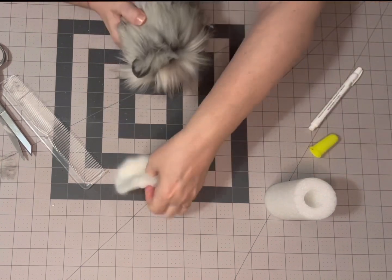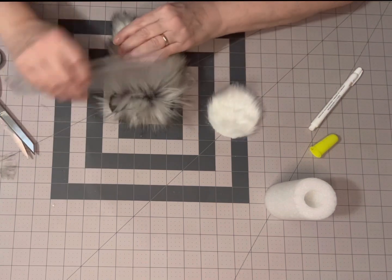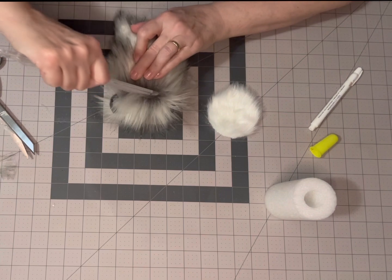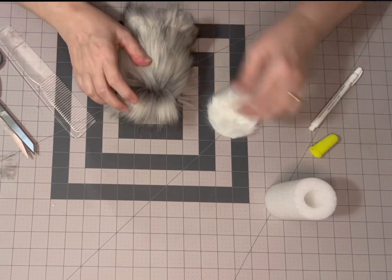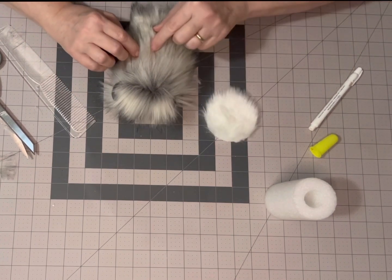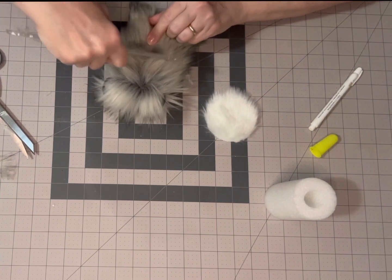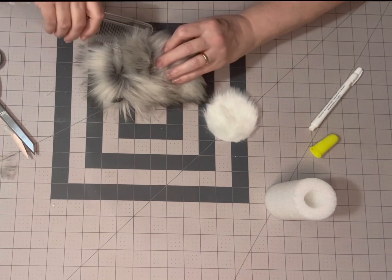Okay, in order for us to be able to glue this down, we need to give this fur, where we're going to be gluing the white piece on, a little haircut. Okay, so I'm going to comb the fur up out of the way and just kind of dry fit. You want the fur going down. Just going to kind of dry fit, and we're going to pull all the fur up that we want to trim. Okay, just around,